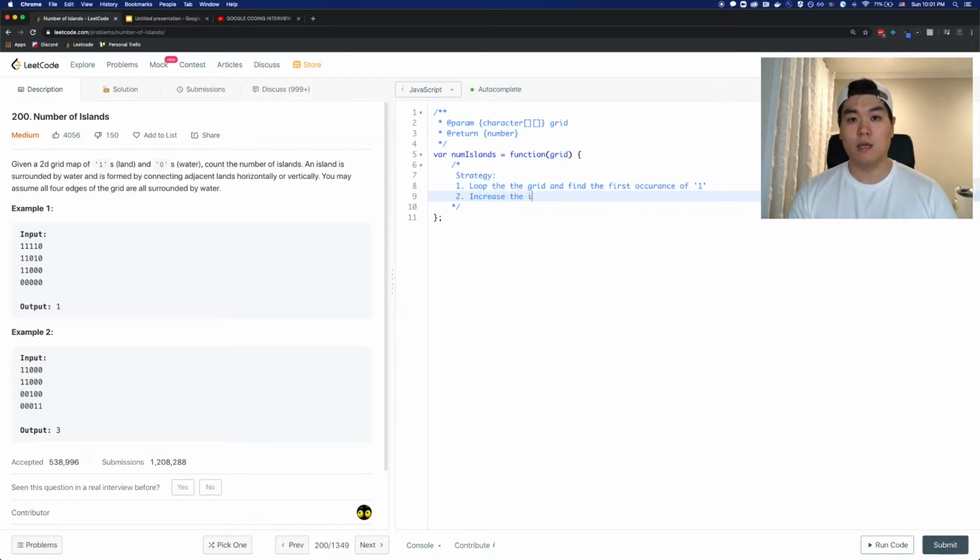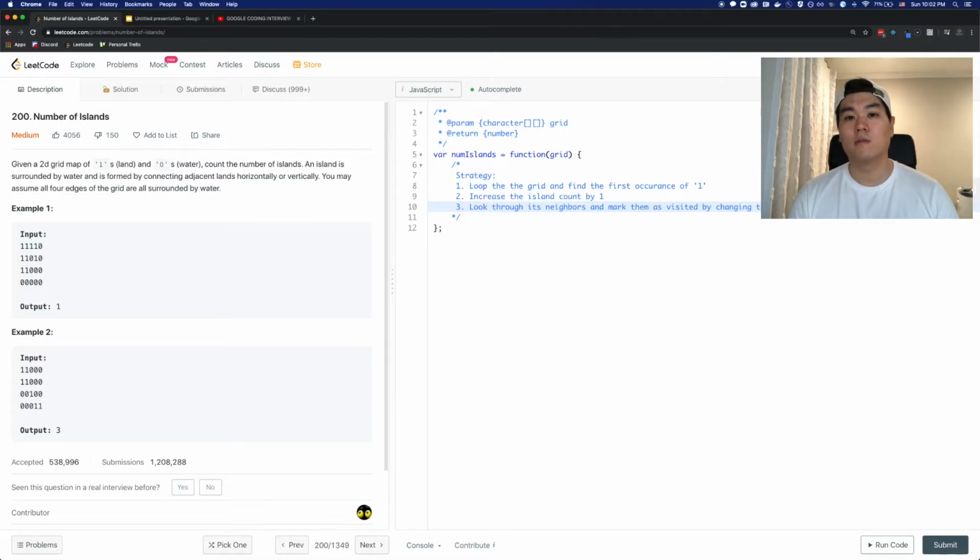Increase the island count by 1. Loop through its neighbors and mark them as visited by changing them to a zero or any other